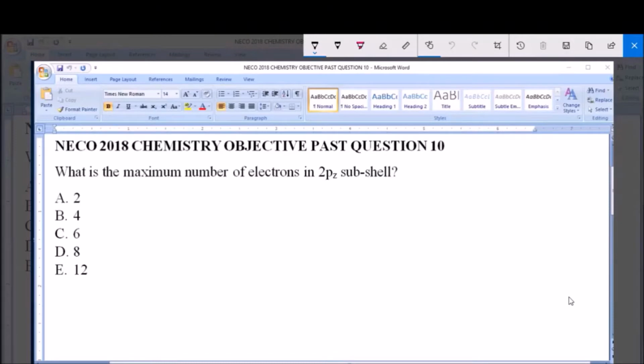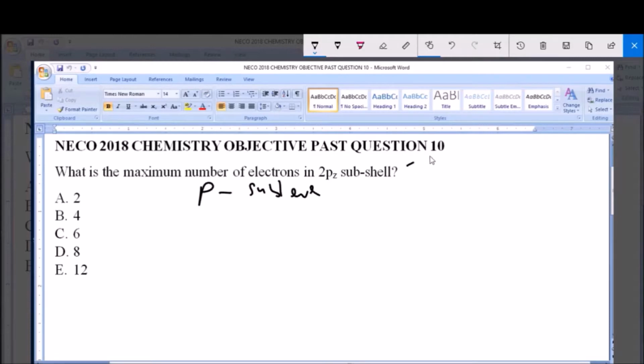Hello and welcome. I will be answering NECO 2018 Chemistry Objective Past Question 10. What is the maximum number of electrons in the 2pz subshell? A. 2, B. 4, C. 6, D. 8, E. 12. Now, the P sublevel,